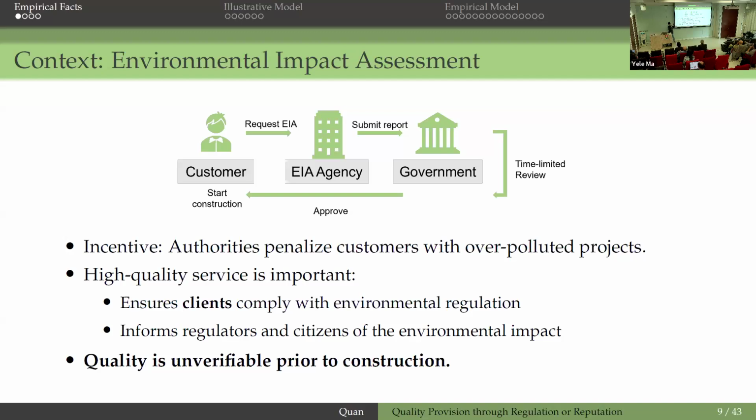You may wonder why these customers have the incentive to get high quality service from the ER industry. The major reason is the penalty. The authorities will penalize these customers who have overpolluting projects. As a result, they really need to seek this service. And high quality is also important because it ensures that clients comply with the environmental regulation, and also informs the regulators and the citizens of the environmental impacts. But the quality is very